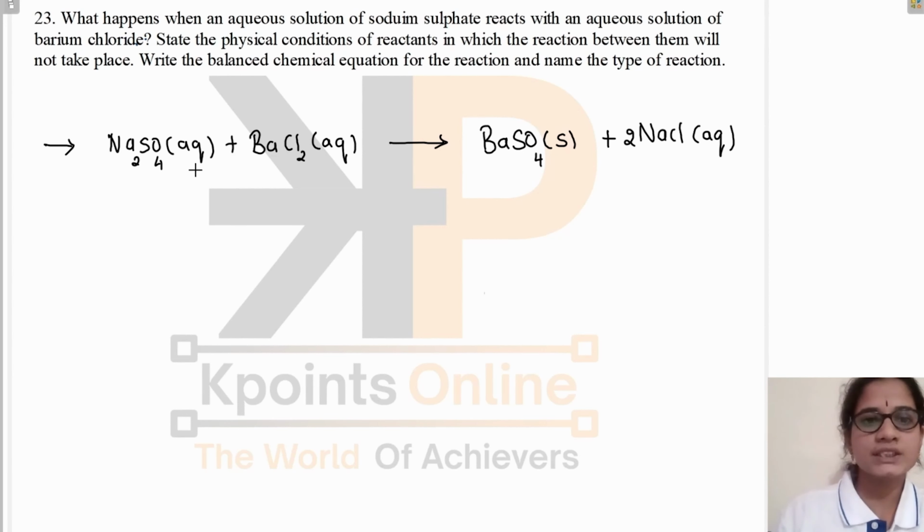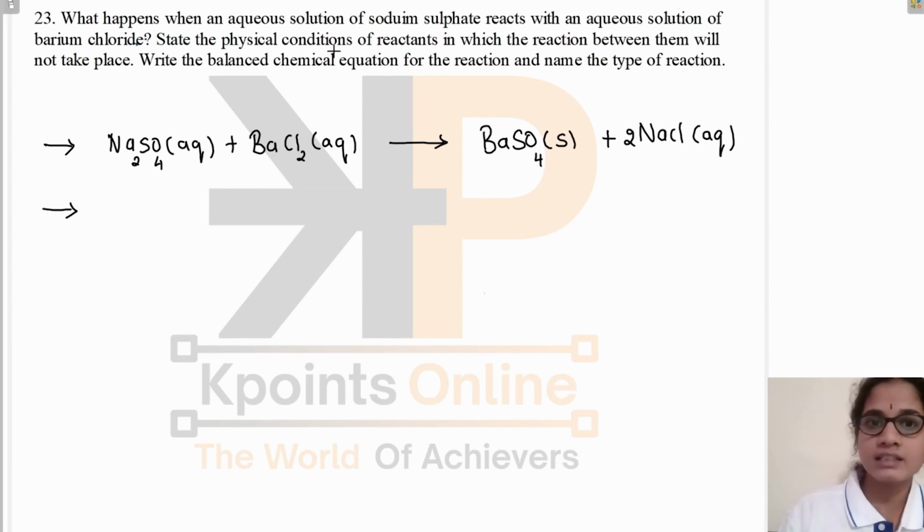Okay. We have mentioned the physical conditions. Both are taken in the aqueous form and barium sulfate is a precipitate formed in the reaction. So I have written S for it, and sodium chloride is soluble, so I have written AQ for this. Okay. Now I need to